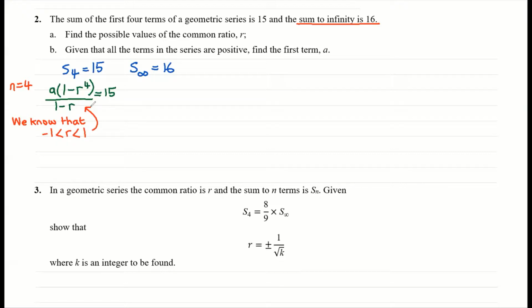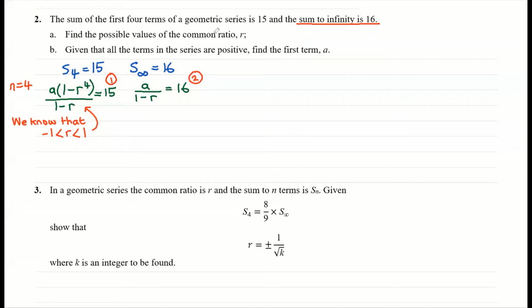And then we also have the sum to infinity, don't we? So let's just write out the sum to infinity. So we also know that a over 1 subtract r is equal to 16. Okay, that's good. Well, how does this help us? Well, in theory, we've got 2 equations here, haven't we? We could call this one equation 1, with two unknowns in it, a and r, and equation 2 here with two unknowns, a and r. Rearrange and solve them simultaneously. We could do that, but if you notice, there's something quite nice going on here, and